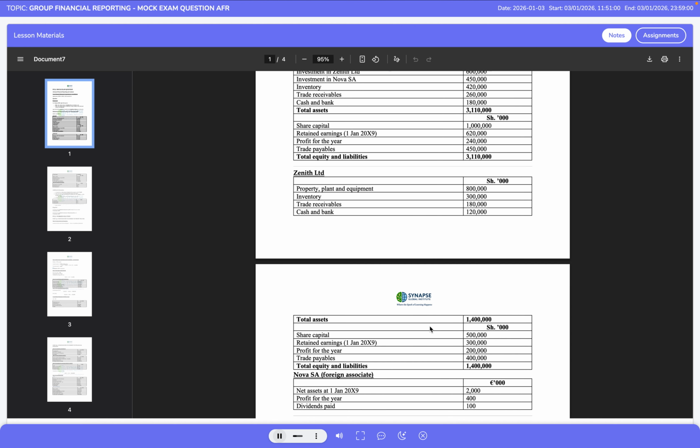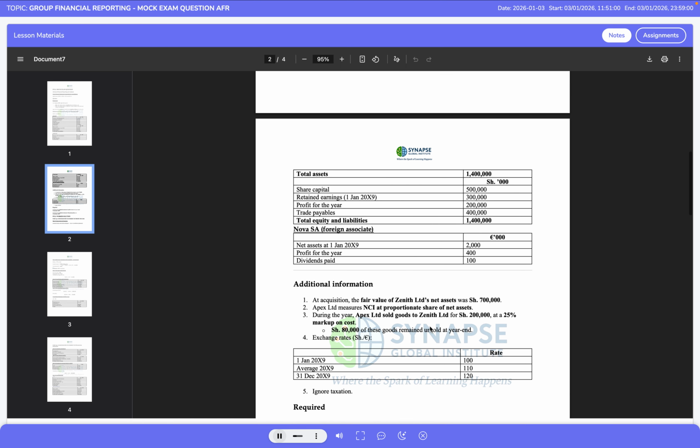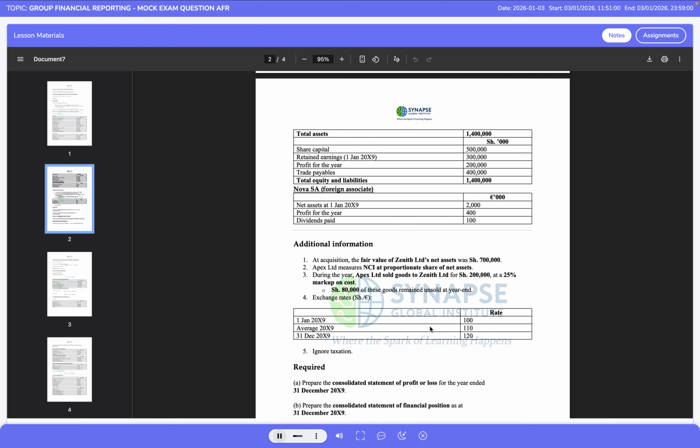Zenith Ltd's statement of financial position shows property, plant and equipment of 800,000 shillings, inventory of 300,000 shillings, trade receivables of 180,000 shillings, and cash and bank balances of 120,000 shillings, giving total assets of 1,400,000 shillings. Its equity consists of share capital of 500,000 shillings, retained earnings at the 1st of January 20/9 of 300,000 shillings, profit for the year of 200,000 shillings, and trade payables of 400,000 shillings. These figures will be combined line by line with those of Apex Limited,